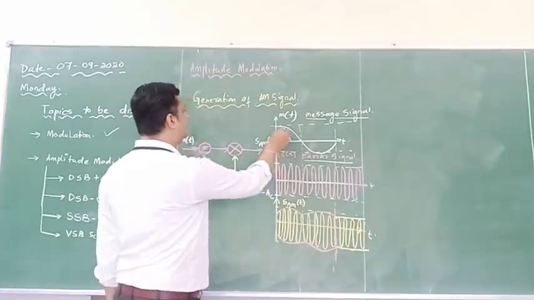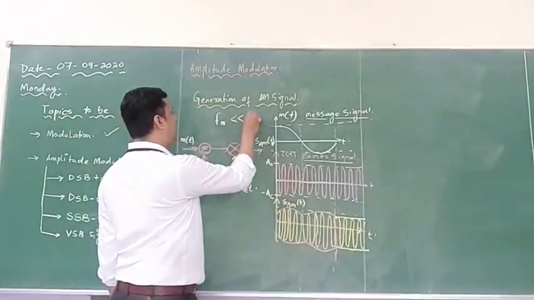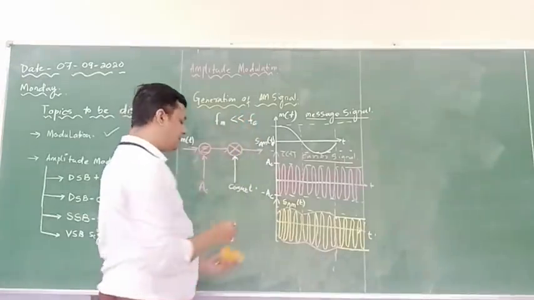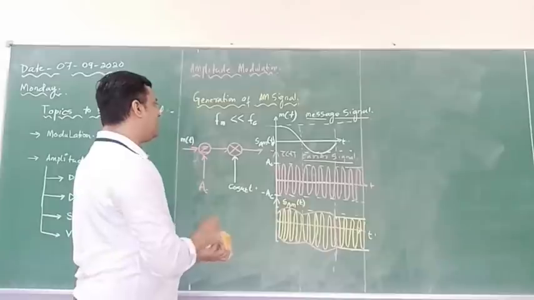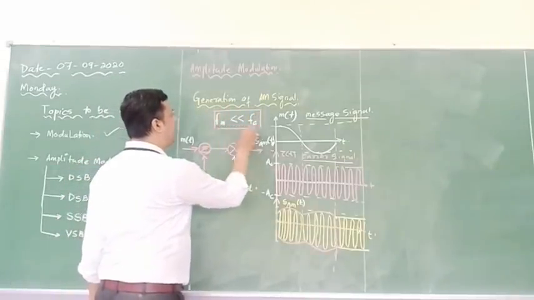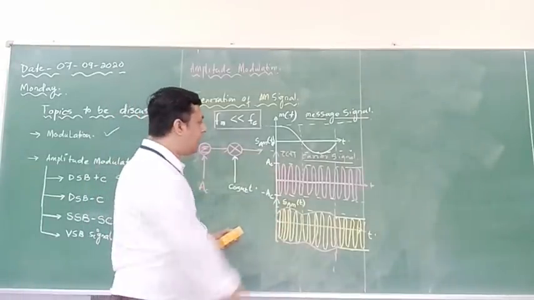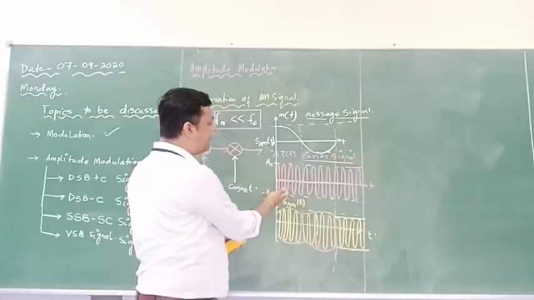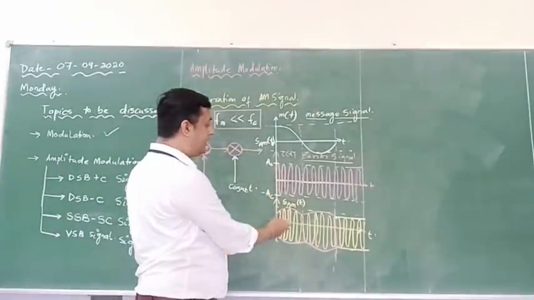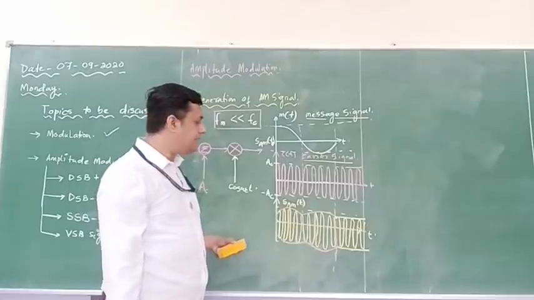So this modulating signal frequency is fm, which is very less as compared to the carrier. So this consideration must be done so that the modulated signal is delivered with a higher frequency. So this is the higher frequency. Okay. Now how this particular thing is happening with respect to this carrier, and then we are observing a modulated signal. So step by step we will see.